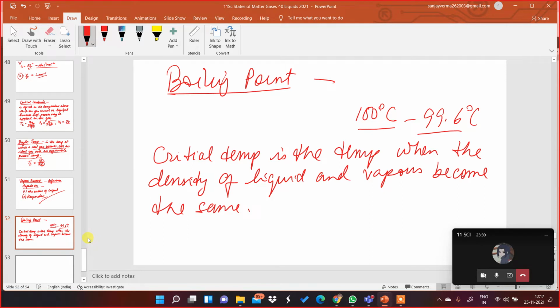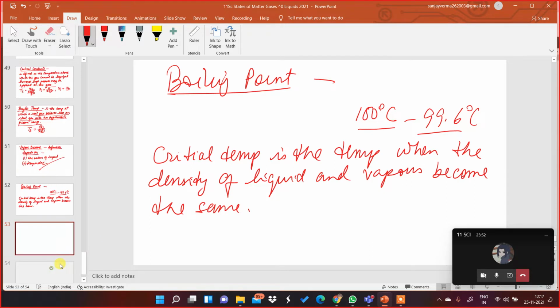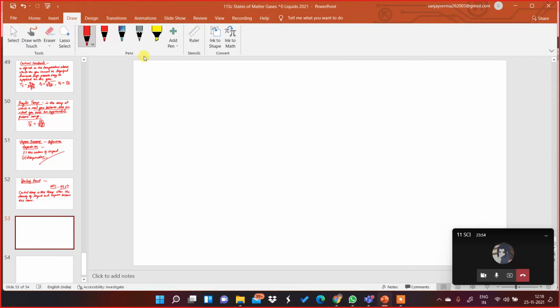Now we know water boils at low temperature on hills. Pressure cookers are used for cooking food over there. Again, liquids which decompose at the normal boiling point are distilled under reduced pressure. Okay, so that was boiling point. Then moving to surface tension.